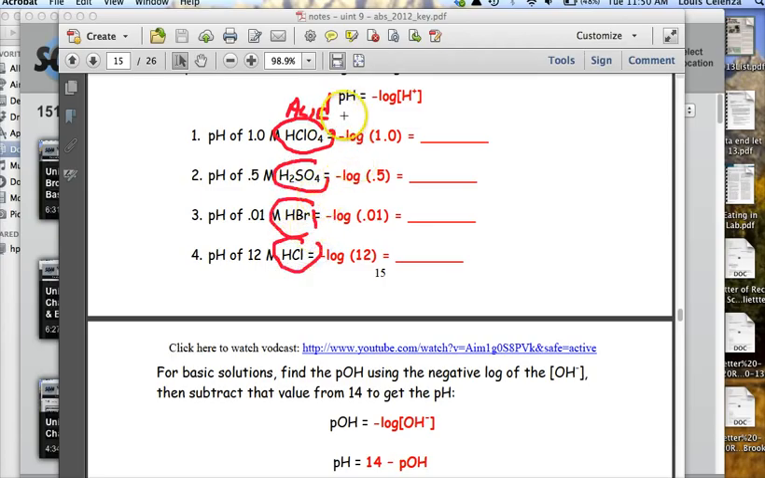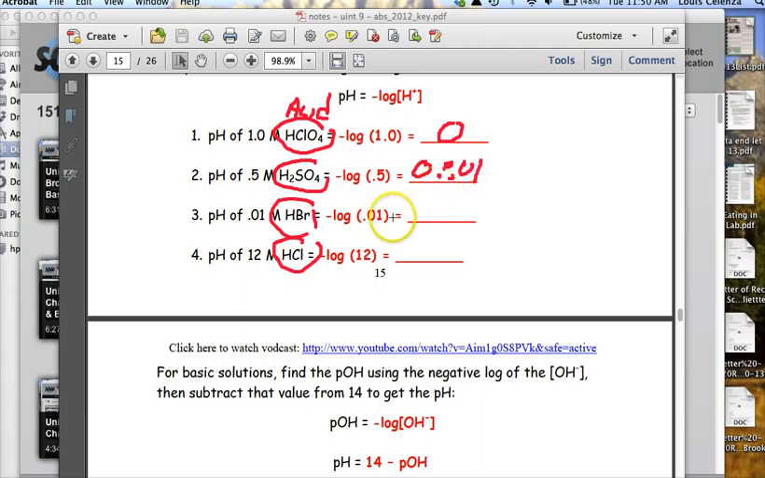And basically what you do is you just press the negative button, then the log button, and put in this number, and that will tell you what the pH is. And the pH for this solution is going to be 0. That means it's a very strong acid. If they're asking you the pH for a 0.5 molar solution of H2SO4, you punch in negative sign, log, and then put in 0.5, and you're going to get